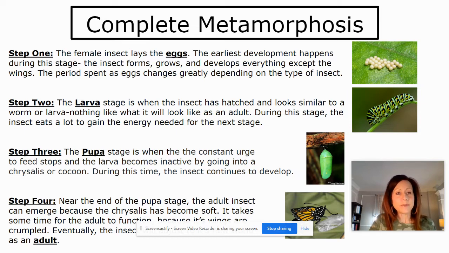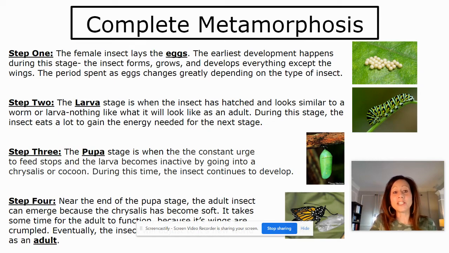So in complete metamorphosis, the female insect lays the eggs. The earliest development happens during this stage. The insect forms, grows, and develops everything except the wings. And the period spent as eggs changes greatly depending on the type of insect. So some insects stay as eggs for a long time, and some insects stay as eggs for a very short